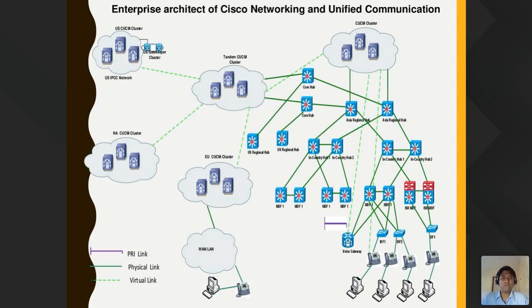What you're seeing is EU CUCM, it's Europe CUCM. ENA CUCM is North America CUCM. The US CUCM is a different one within the same country. All right. So if I consider that what you're seeing is a core hub and an Asia regional hub, all the countries within Asia will send their traffic to that gateway,